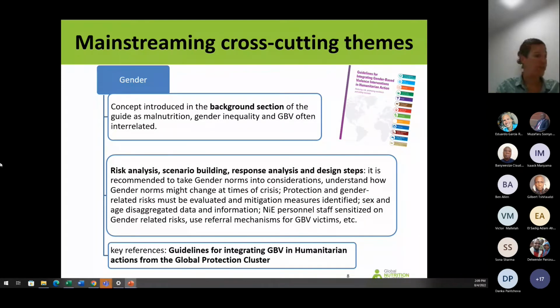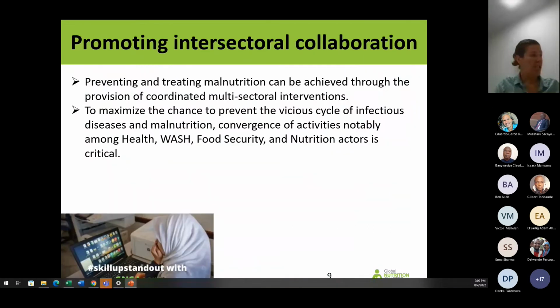Okay, so I don't have time today to go through each and every cross-cutting theme like this, but you'll find, again, much more in the guide, including on disability inclusion. Okay. So the next part of the session is more to discuss